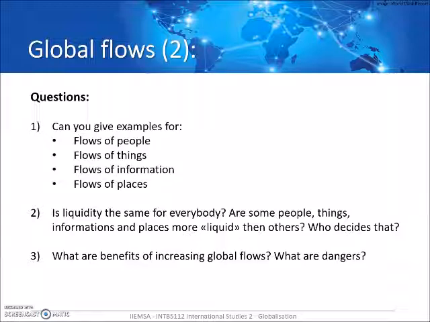Flows of information is obviously what we read in the news. It's social media. Nowadays, it's also fake news, right? It can also be flows of decisions. There are decisions, particularly if taken by leaders of very important countries, that can have an impact on a lot of other countries. Particularly, let's say if an important country steps out of an international agreement. That's a decision that will have a ripple effect on a lot of other countries or on the whole world. So that's a flow as well, right, of a decision.